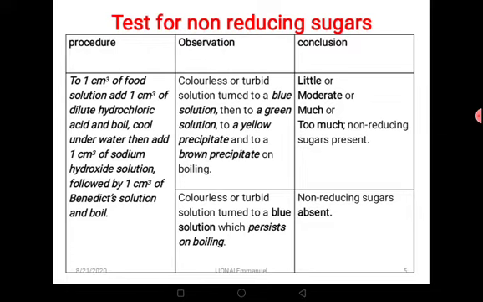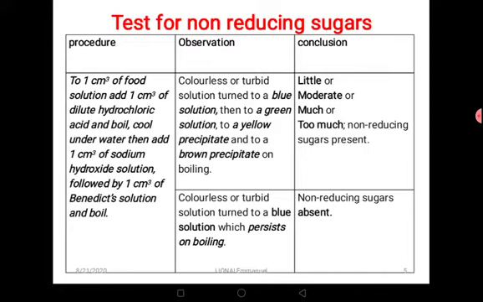is to first convert them to reducing sugars, and then from there, we can now test for the reducing sugars. We first break down the non-reducing sugars to reducing sugars, and then we test now for reducing what? Sugars. So that is what we can do. Otherwise, there is no direct test that we can perform for non-reducing sugars. So we can see from here, our procedure is a bit longer because it involves the process of hydrolysis, as